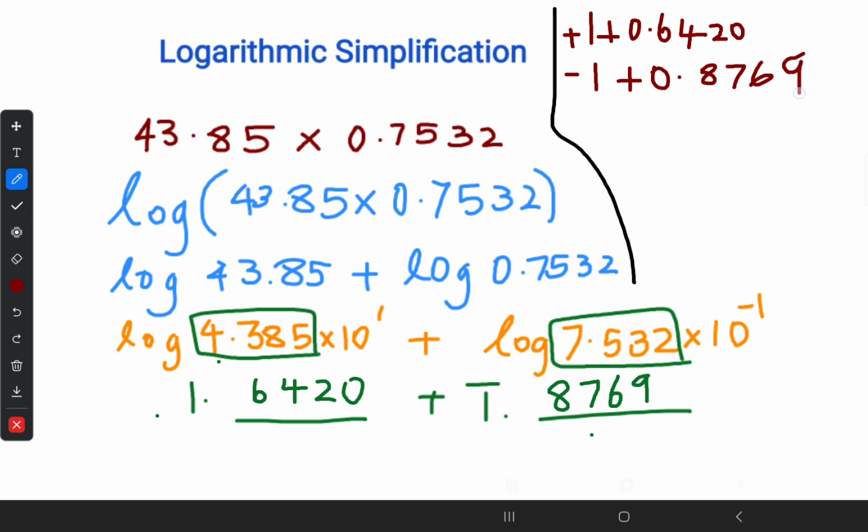0.8769. Here only, many students make a mistake. They consider the whole value as negative. That's incorrect. Only the whole number is negative. The decimal part does not have any negative. So positive 1 and negative 1 will become 0. When we add these two, it will become